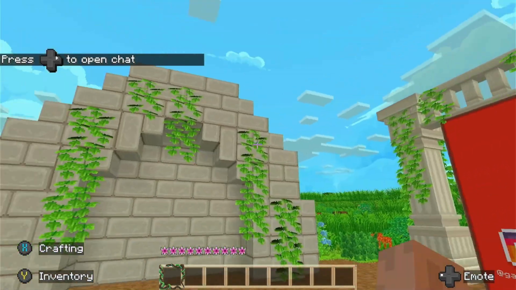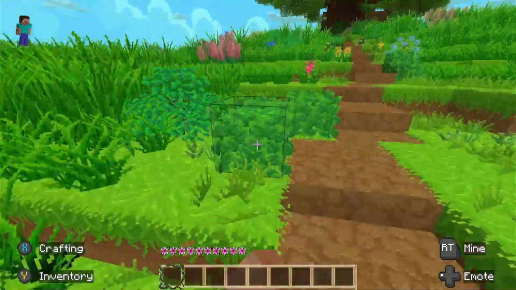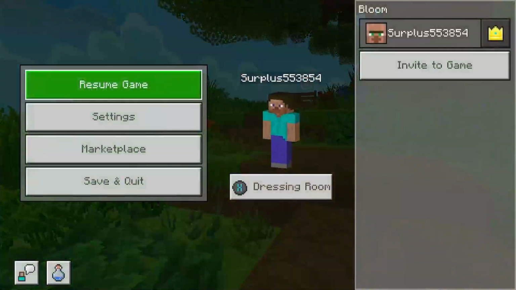First map is Bloom by Game Mode 1, and I must say, even though I'm absolutely destroying all of these maps, don't hate on any of the map creators, cause they're pretty fun anyway. Something sad is it removes my skin and replaces it with Steve, so